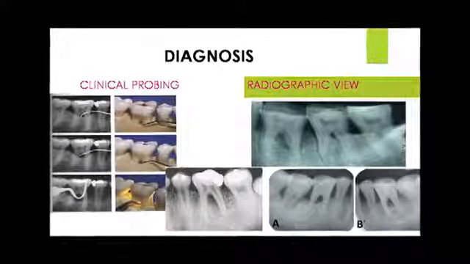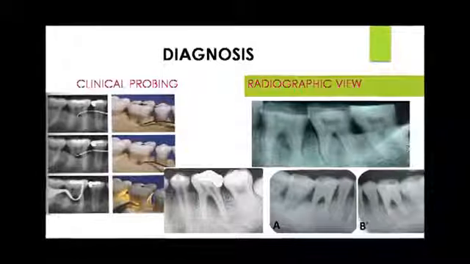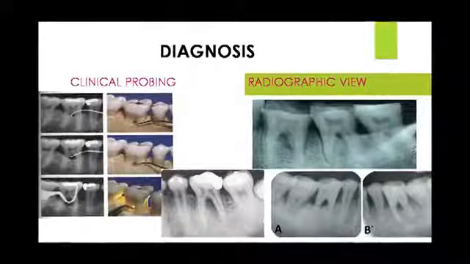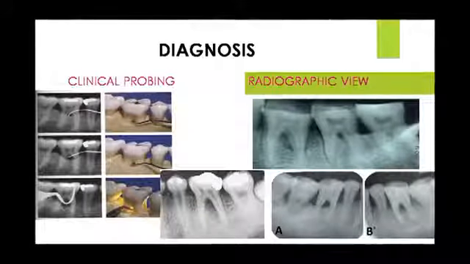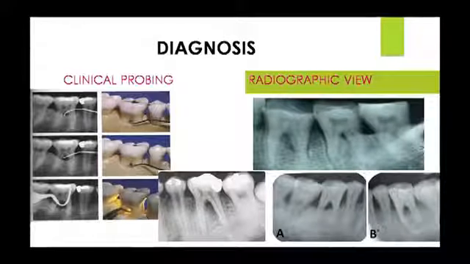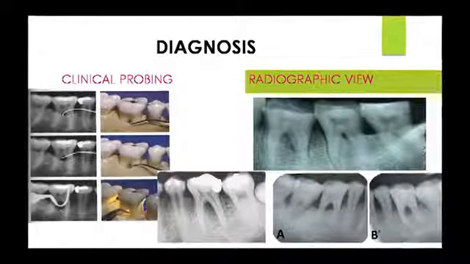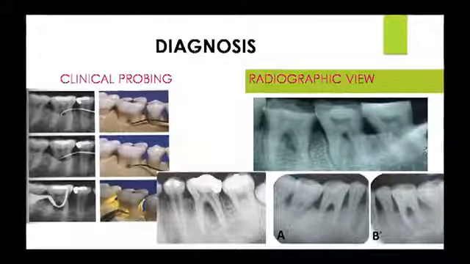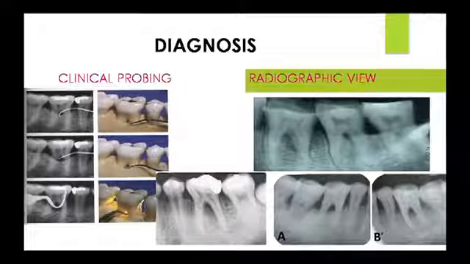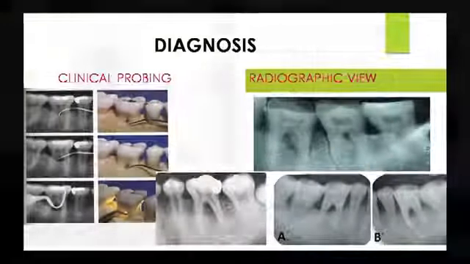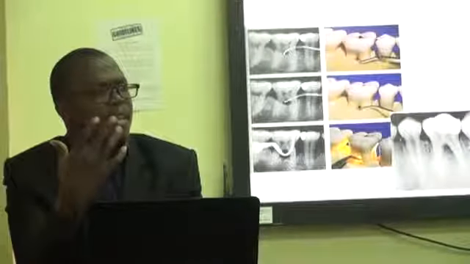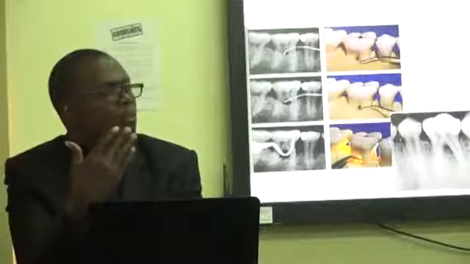When you look at the bone density, you can see that the cortical bone here is more opaque or dense than in the area near the furcation, but it's not a through and through. I don't know whether you can see that with me. When you compare the tooth where the cursor is, and also the tooth where the new cursor is, you can see that here you've lost almost all the bone for that particular region, right? But in the first one, you can see that there is some aspect of bone on the other side. So we could say that bone has either undergone demineralization or part of the bone has been eaten.